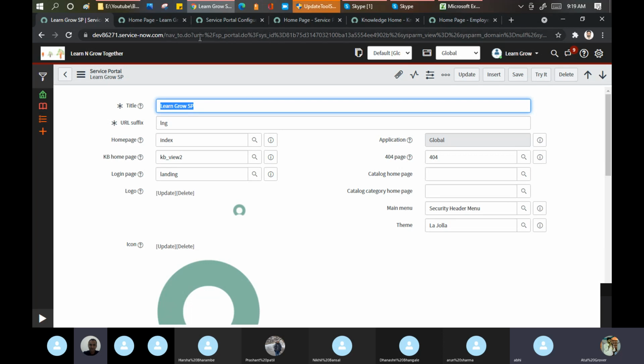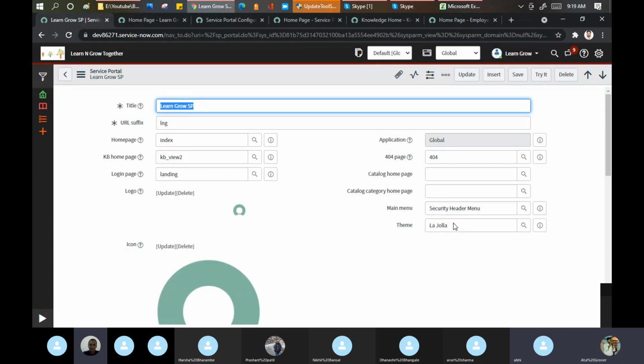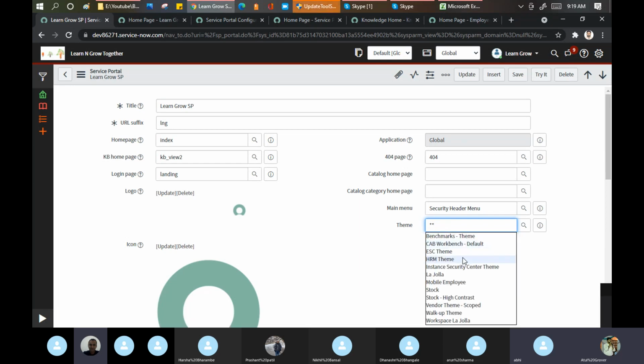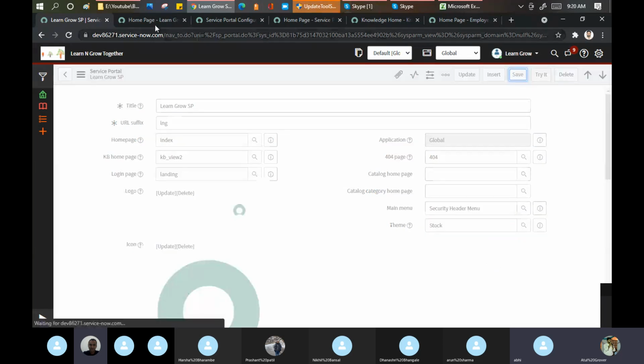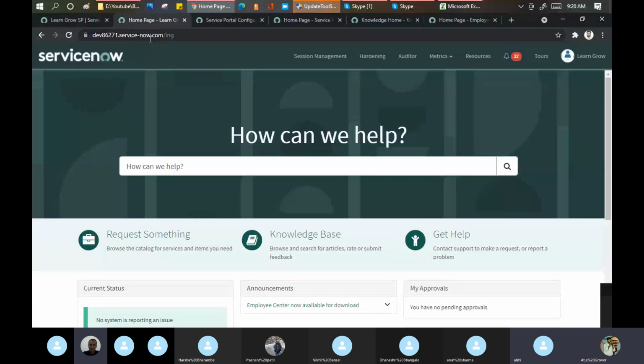Now, if you want to make a change in this theme as well, in the color and background as well, go here and make a change here. Why am I telling you this? Because these are the things which you can upfront tell your customer: boss, this can be configured for you. If you want, I can make a change for you. Let's go here and make another change. I put a stock one. Save. And reload.